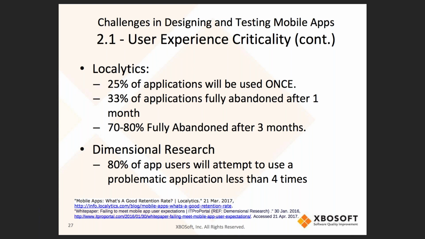And Dimensional Research has an interesting spec: 80% of app users will try a challenging application 4 times, and then that's it. They're done with it. So getting an app into somebody's hand that is going to really give them what they want and not frustrate them is key to having a successful application.